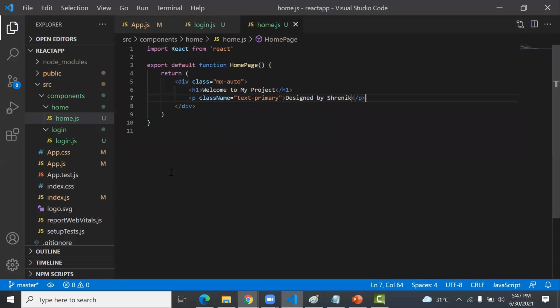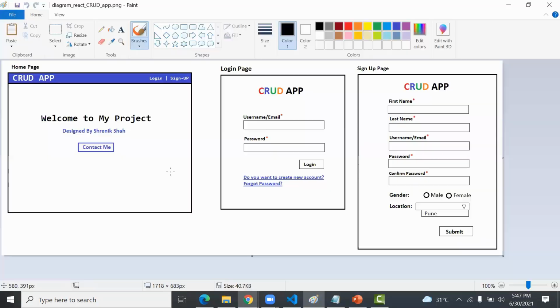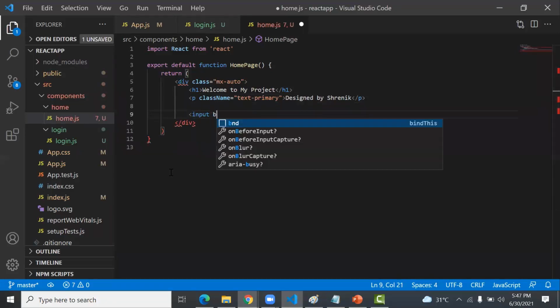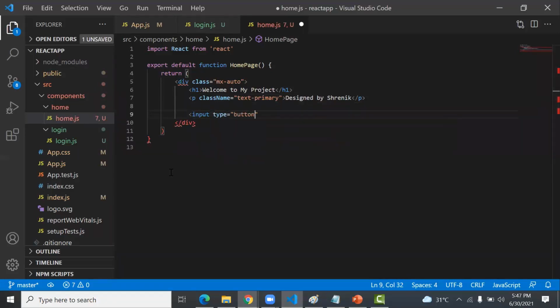These are some more classes. Now after this, there is a button. So let's create an input, type is equal to button, and you type className is equal to btn-outline-primary, and you can add some margin also from all sides. Okay, so this is the button.